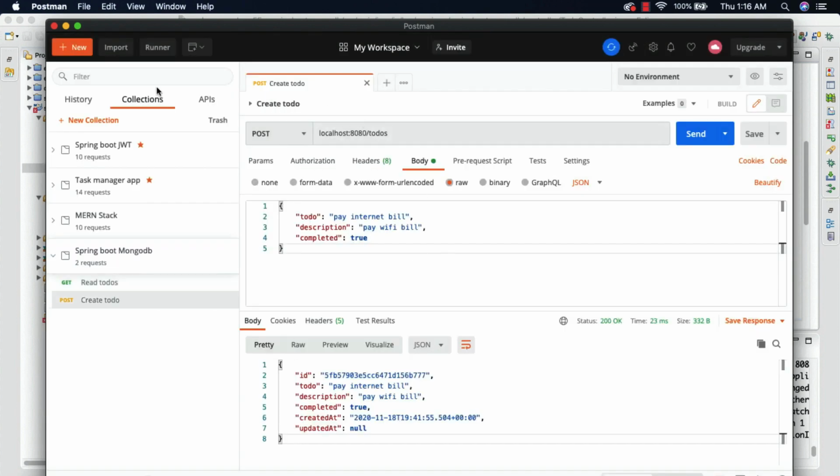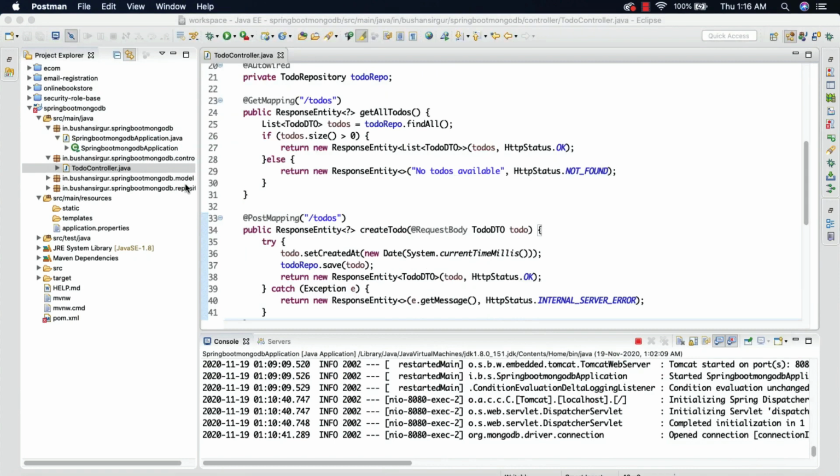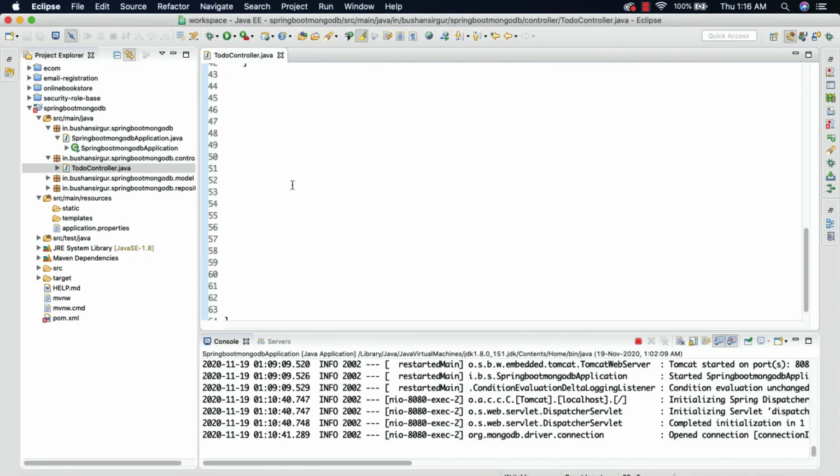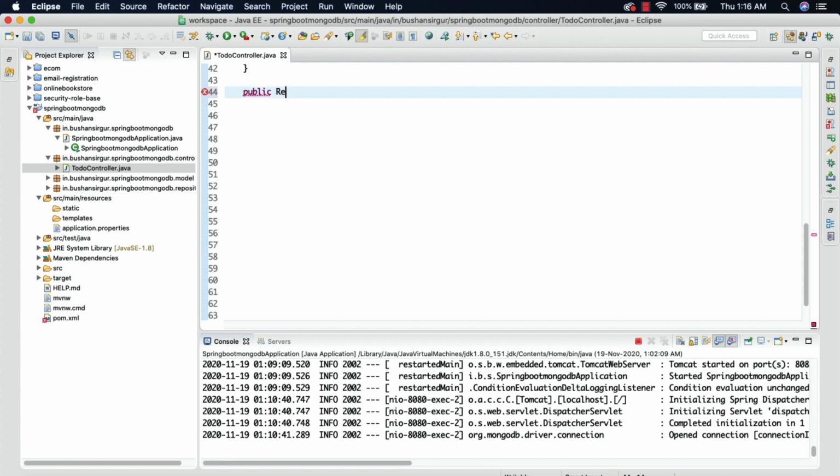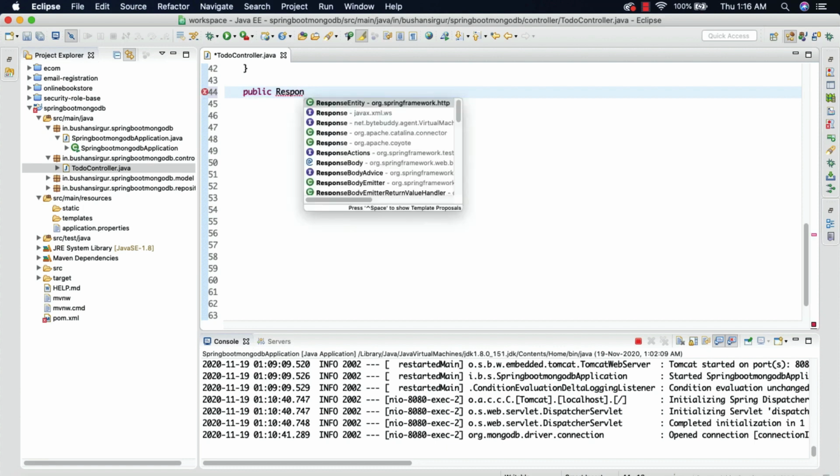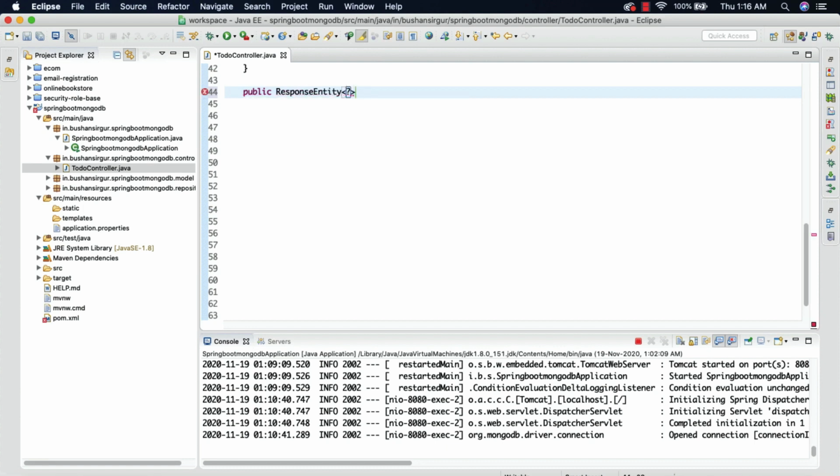Okay, so now let's minimize this and let's go ahead and create a new request, public, and this is going to return a response entity, and I'm going to call this get single to do, and this is going to receive a parameter of type string ID.